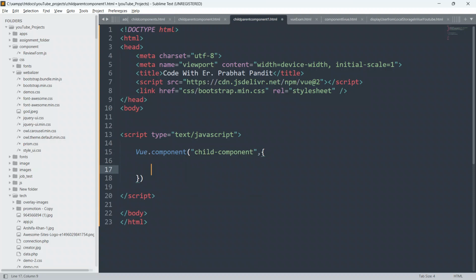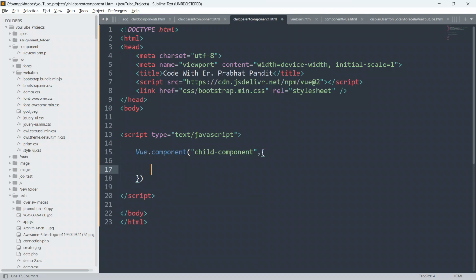If you still have doubt guys, just watch my previous video, then only you will be able to understand that we can define template, custom methods, custom functions, computed methods, created methods, mounted methods, anything inside the component.